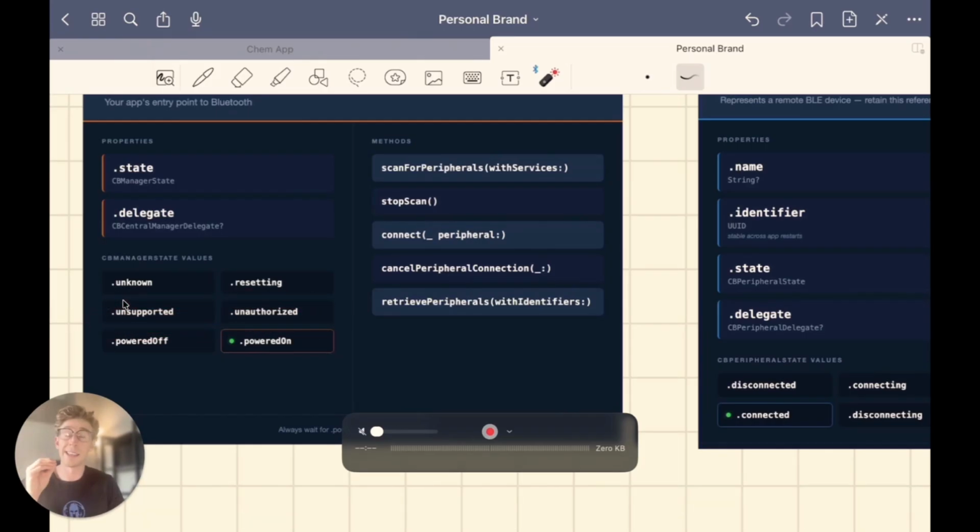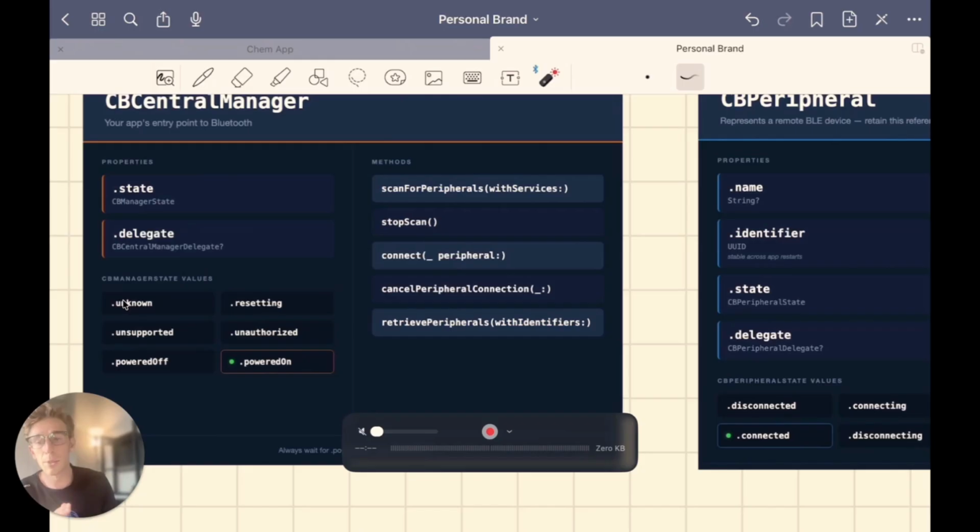Unauthorized is going to be, let's say you forgot to request permissions in your plist, which is very important. You've got to make sure you're requesting permissions in your plist, and I'll show you guys that as well. That's going to be unauthorized, and then resetting and unknown are kind of out of our control for the most part, but those are possibilities, and you'll probably not see those too often. So that's the state of that CB manager, and then the delegate is another object that we're going to look